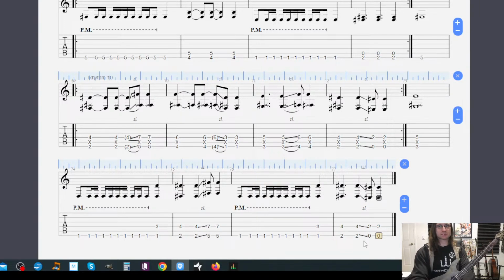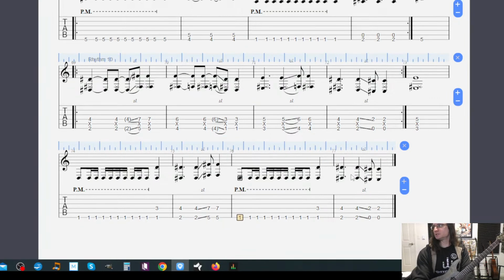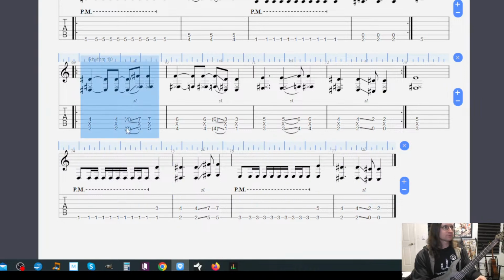Change all these to threes. No, 3, 5. And let's do this.